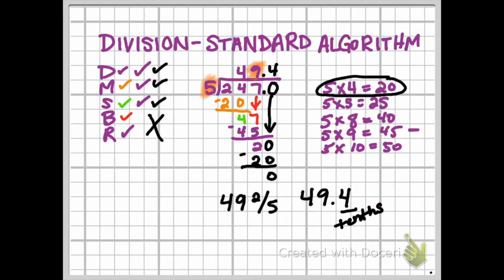However, we want to vamp it up a notch. This is a single digit divisor. We only use the 5. In 5th grade, you're going to have double digit divisors. So let's take a look. Let's say we have a new divisor of 24. That's a lot larger than a 5. And the amount we're going to be working with is